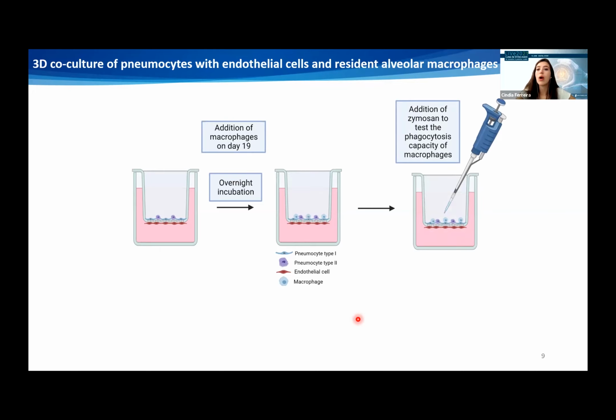So to do so, we added zymosan to test the phagocytosis ability of the macrophages. Indeed, zymosan is a complex that is taken from yeast and that is coupled with a fluorochrome that is sensitive to pH and will turn red when in acidic compartments. So it means that if macrophages phagocytose them,